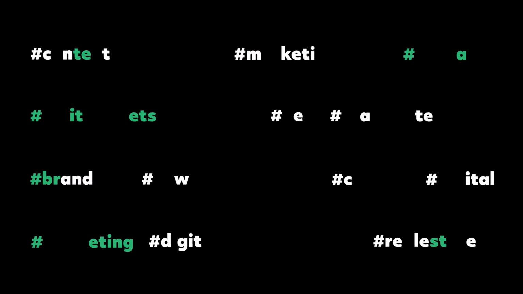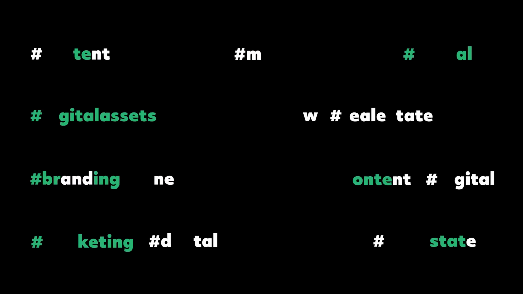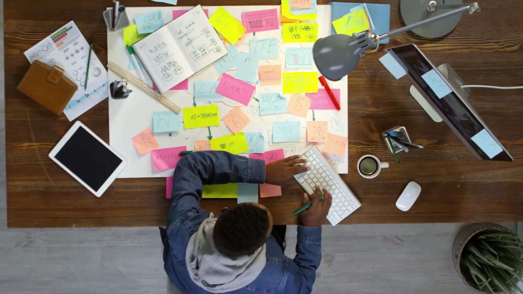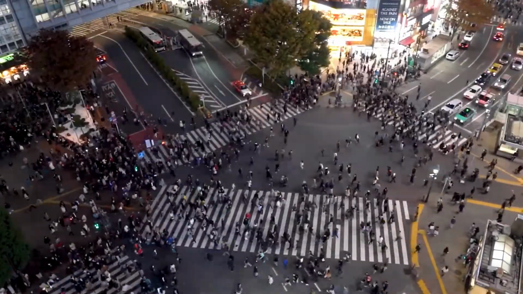So in the digital asset series, we are going to talk about marketing. We're going to talk about digital marketing. We're going to talk about content. We're going to talk about branding. We're going to talk about the very things or verticals that lead to real estate transactions, which you will realize the majority of them are all virtual.